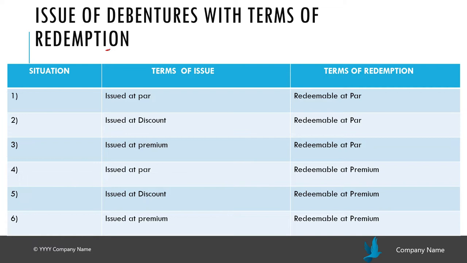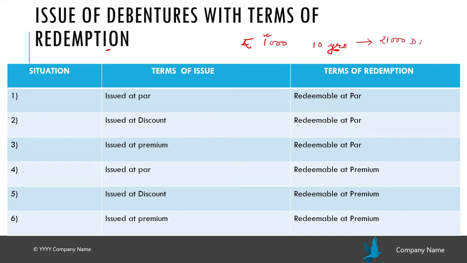Redemption is basically the amount which is paid back to the debenture holder, the principal value of the debenture. At the time of issue, suppose a debenture has been issued for rupees 1000 and this 1000 rupees stays with the company for 10 years. Then after the completion of these 10 years, the company pays back the entire 1000 rupees, the principal value, to